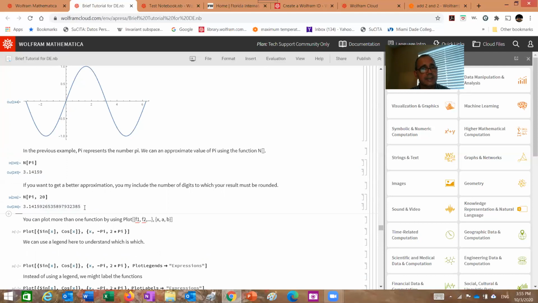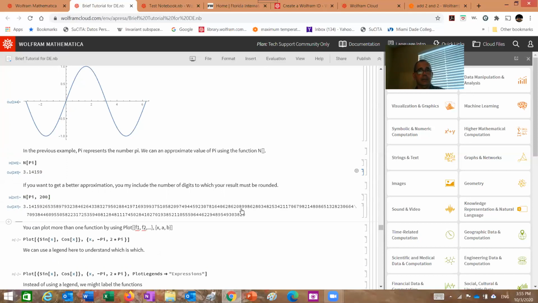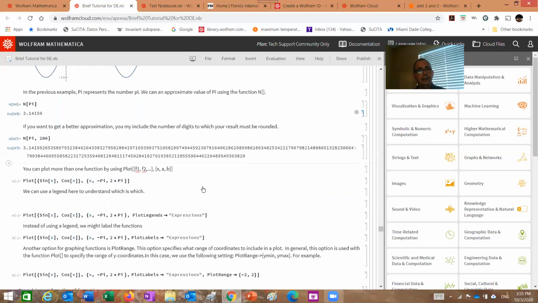You want 200 decimal places, you can also get an approximation to 200 decimal places. Okay, you can count the numbers here. They are going to be 200 decimal places here. Okay, well, now